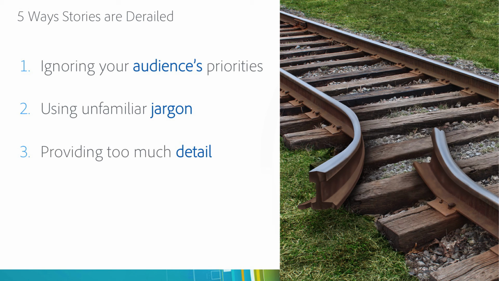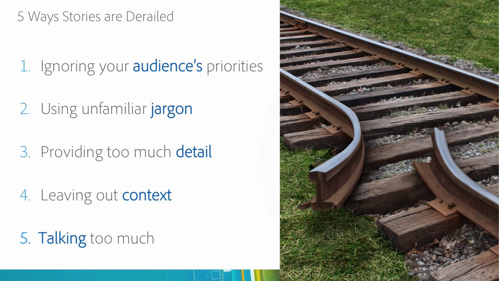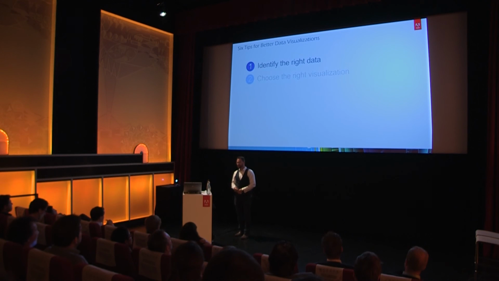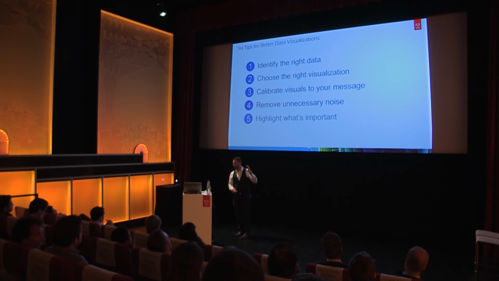So I hope you would be able to avoid these main mistakes. I did my best to try and avoid them in this presentation, but you probably saw a few places where I was a hypocrite and stumbled on myself. But make sure that you understand your audience first. That means not only understanding your customers, but understanding your internal stakeholders. Finding out what it is that would get your boss a raise and helping her to do that. And then making sure that you're speaking in their language and just getting out of the way and letting the data speak for itself.